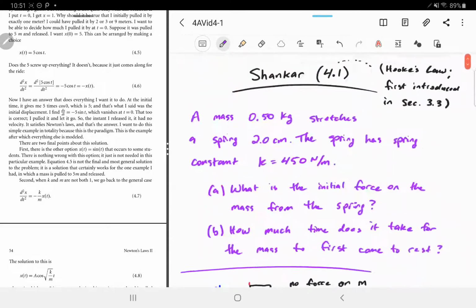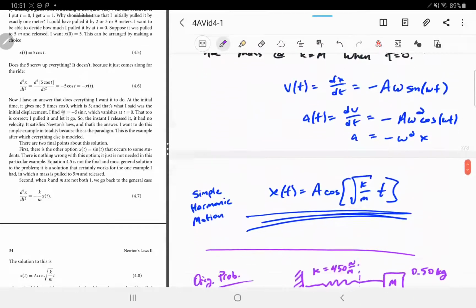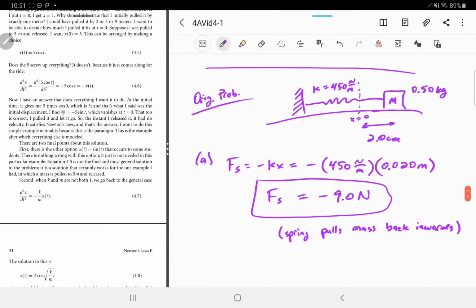Okay, and then the next question: how much time does it take for the mass to first come to rest? This involves understanding the solution a little bit, this a cosine squared of k over m. Now this mass is going to go from 2 to 0 and then to minus 2. So x equals plus 2 centimeters and then x equals minus 2 centimeters. The first moment it comes to rest is when it goes to minus 2